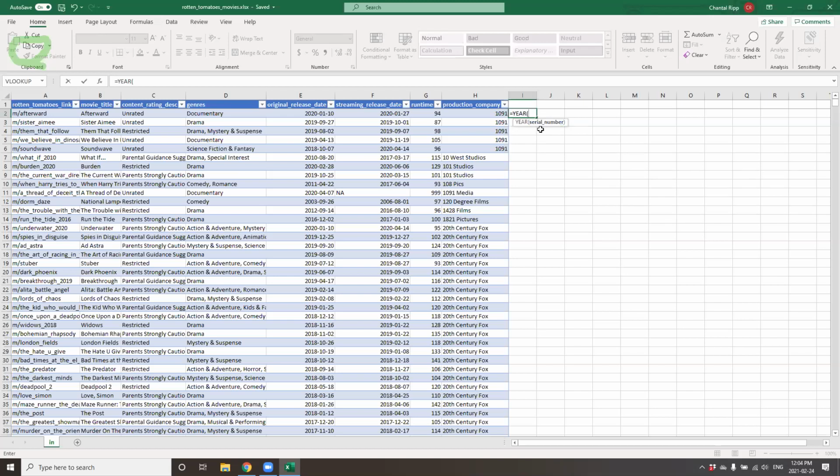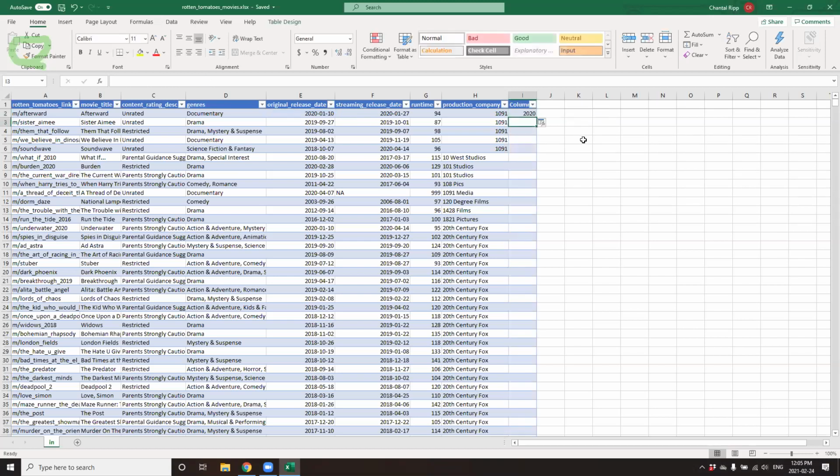It's looking for a serial number. What I'm interested in extracting is the date reference for this cell. As I mentioned earlier, in an Excel table, formulas use structured references to table cells. So it's showing you the column name, here original release date, as opposed to seeing typically, as you would say, E2, for instance. By pressing enter, it applied to the cell, so 2020. Double clicking, that formula has been applied to each of the subsequent cells.